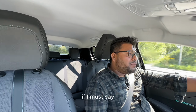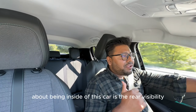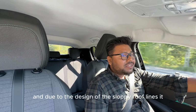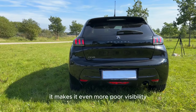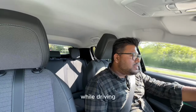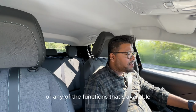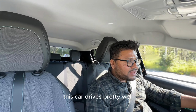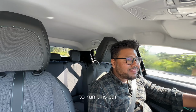If I must say one point that I don't like about being inside this car, it is the rear visibility. The rear pillar is pretty thick, and due to the design of the sloping roof line, it makes visibility even poorer. While driving, if you need to use the infotainment system or any of the available functions, it's pretty easy. All in all, this car drives pretty well, especially in the city,